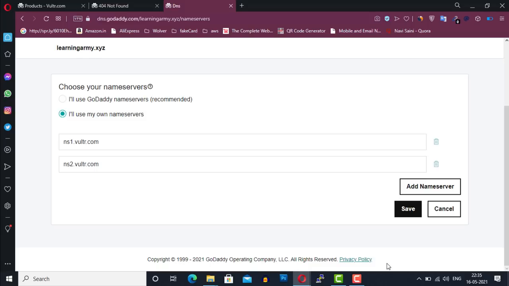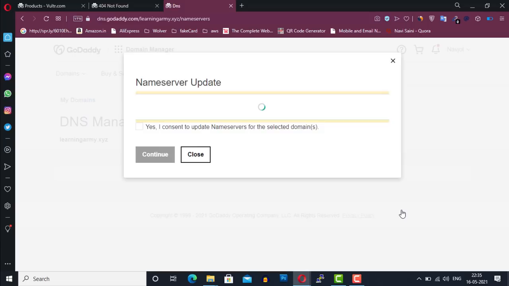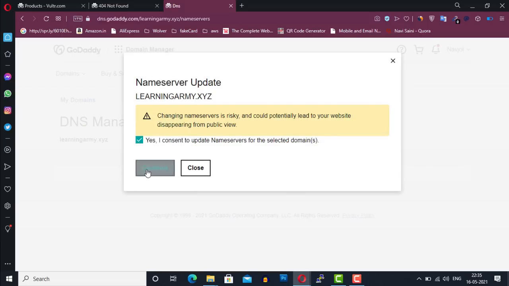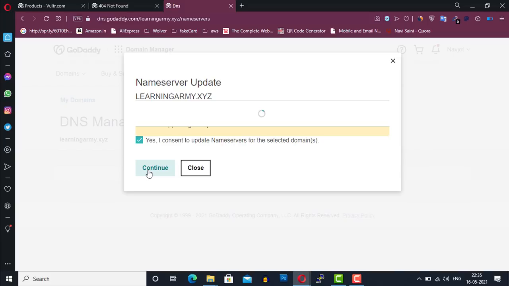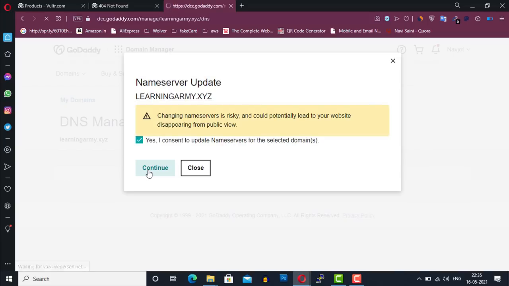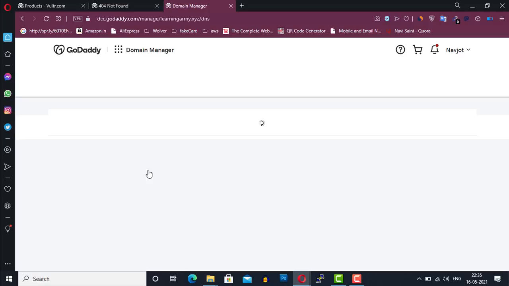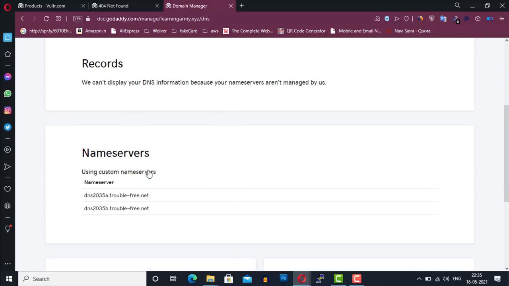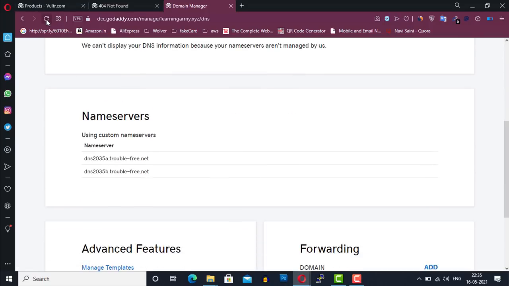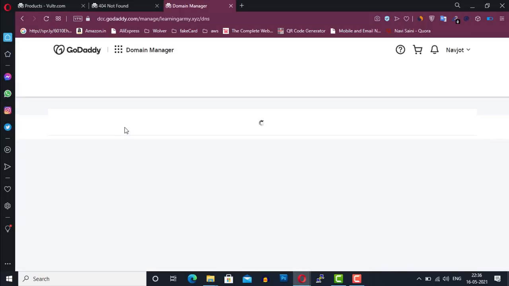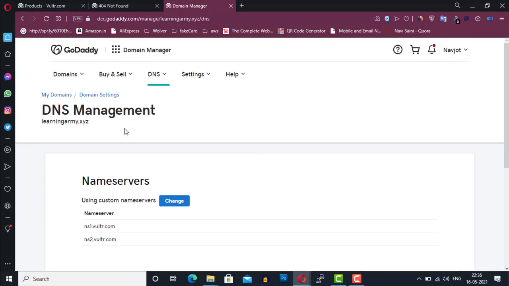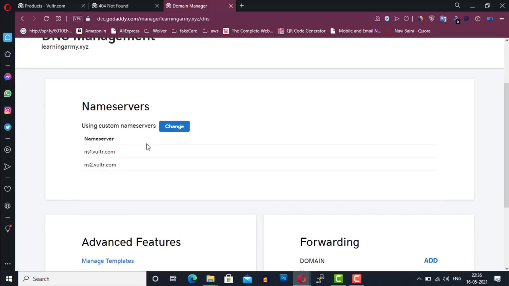Once you have entered your name servers, click on Save button. Mark this box to continue. Now reload this page to see whether the name servers are updated or not. So as you can see, our name servers are now updated on this page.